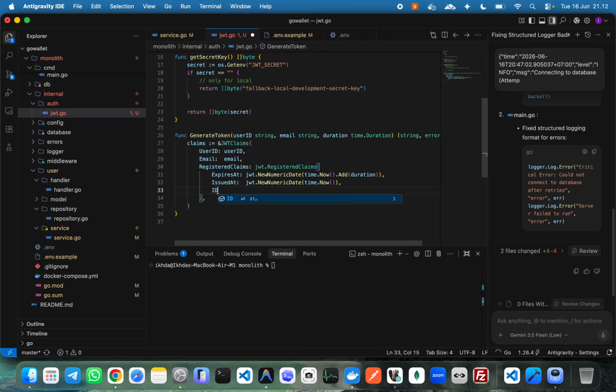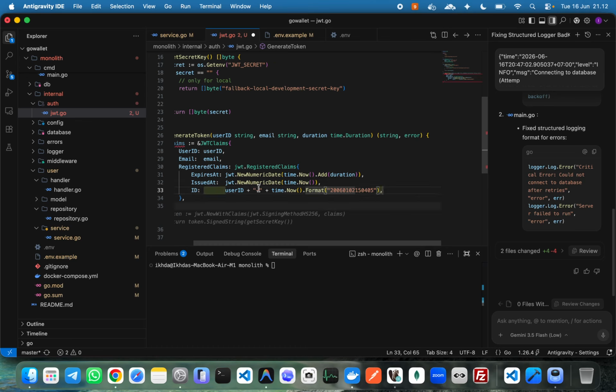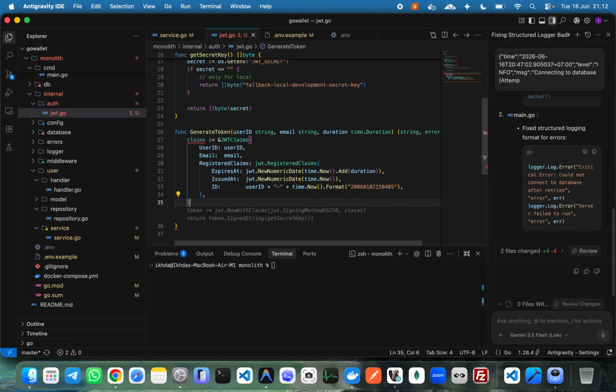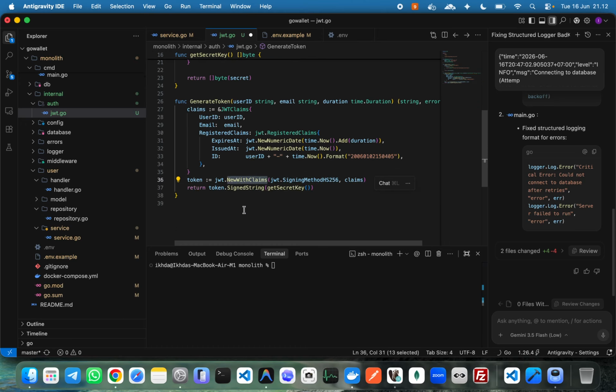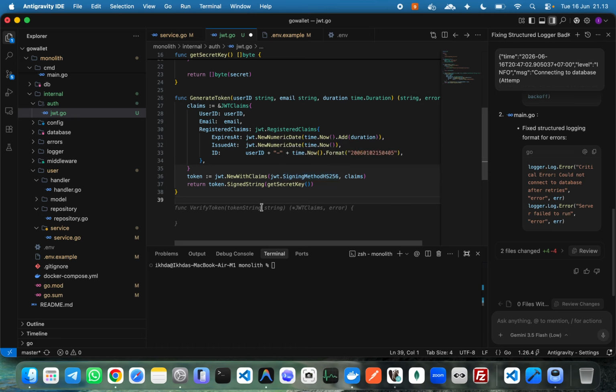I don't want this one, I want ID, userID plus this one plus time.Now, format is 2006 01 02 15 0405, and then token new with claims, signing method is HS256, claims, yes, this is correct,